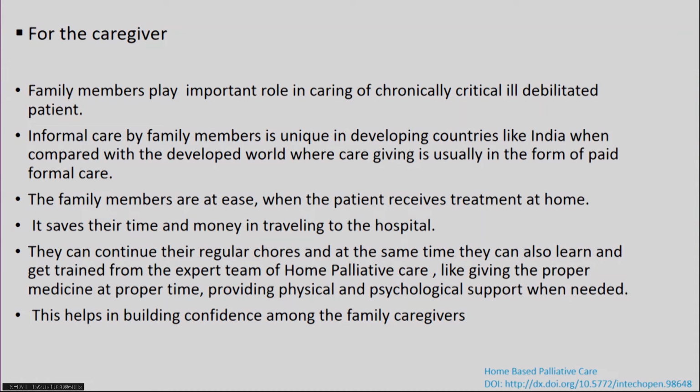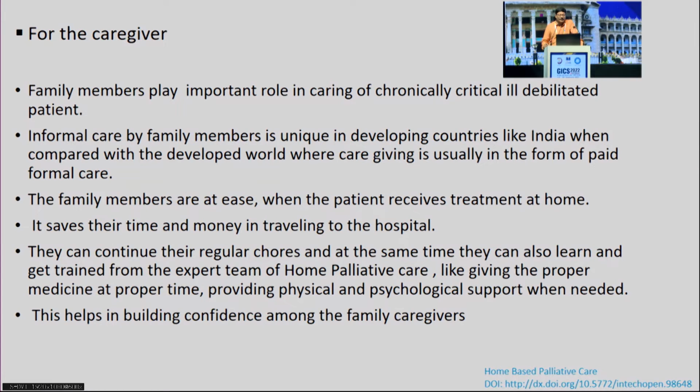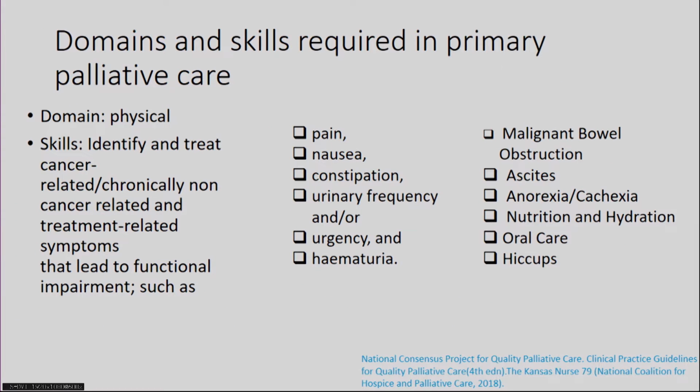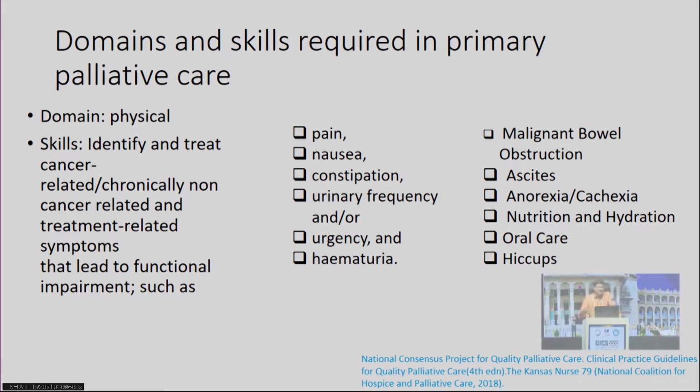For a caregiver, you need to support the caregiver also. The family members play an important role in caring for chronically, critically ill, debilitated patients. The informal care by family members is unique in developing countries, and the family members are at ease. If you train them, they provide excellent care to their own family members. So you have to train them about the skills